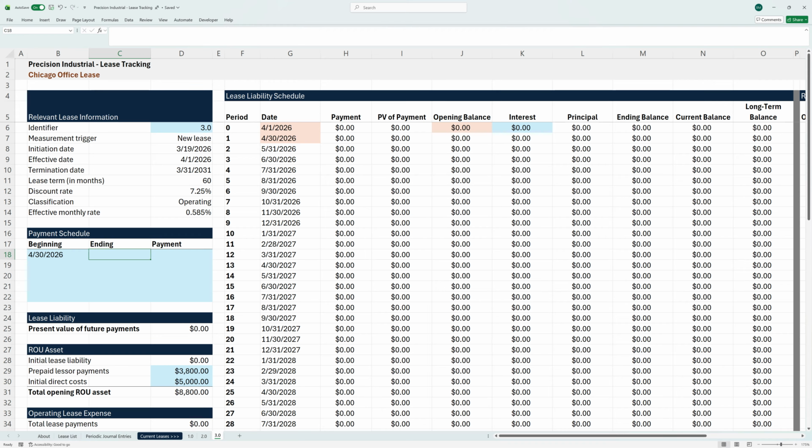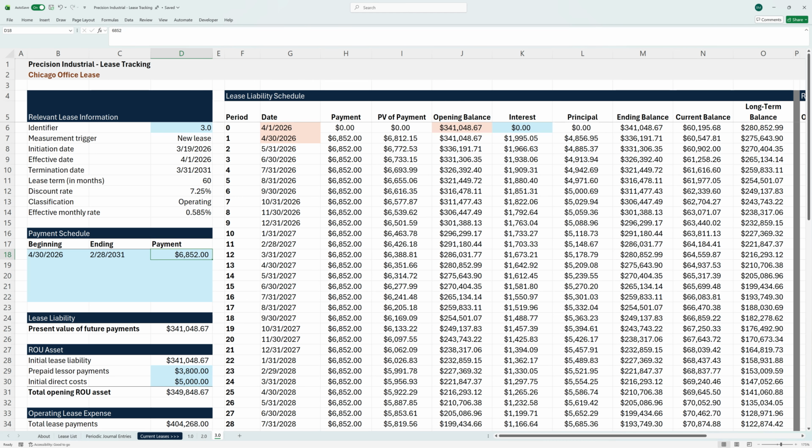And our final payment will be on February 28th, 2031, in advance of our final month. And of our $12,000 monthly payment, we've allocated $6,852 to this component. So that should give us 59 post-commencement payments of $6,852. And now for our lease payments, the last thing we need to take care of is that purchase option